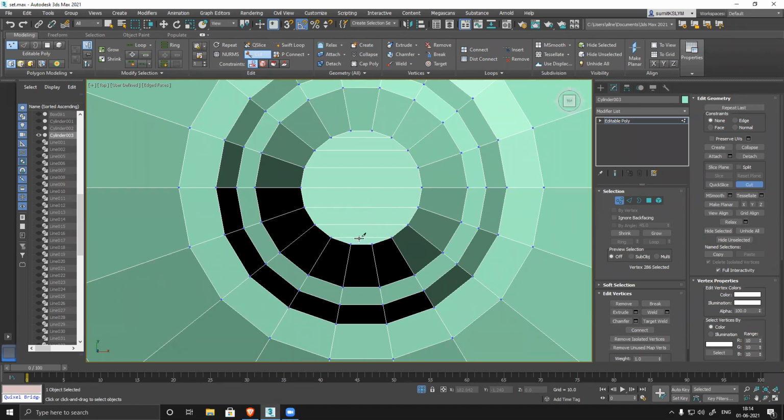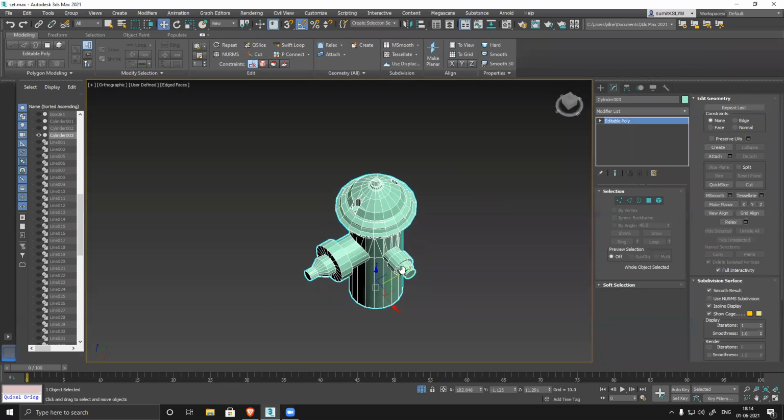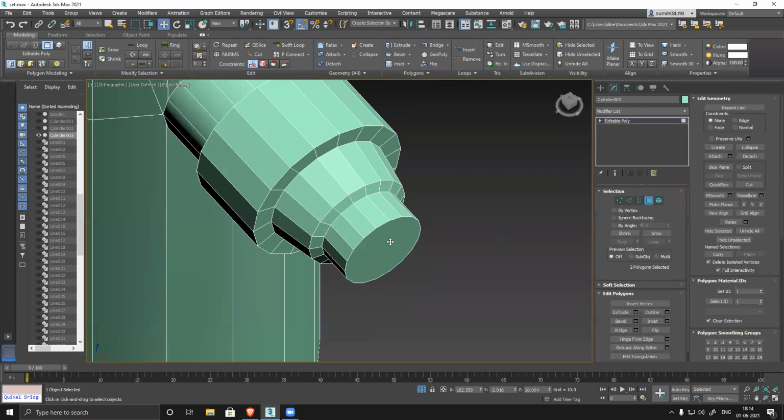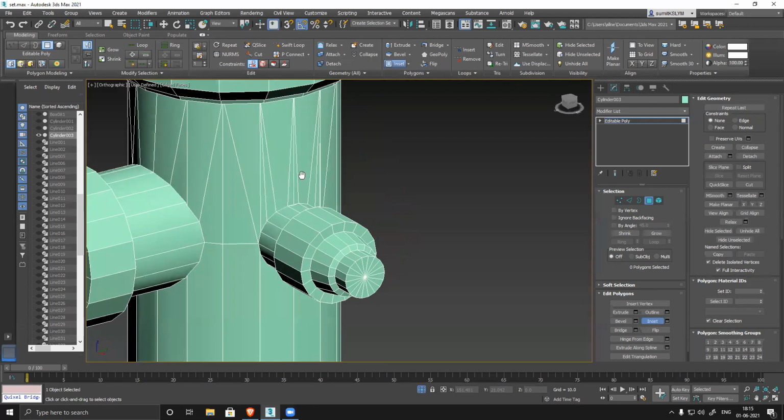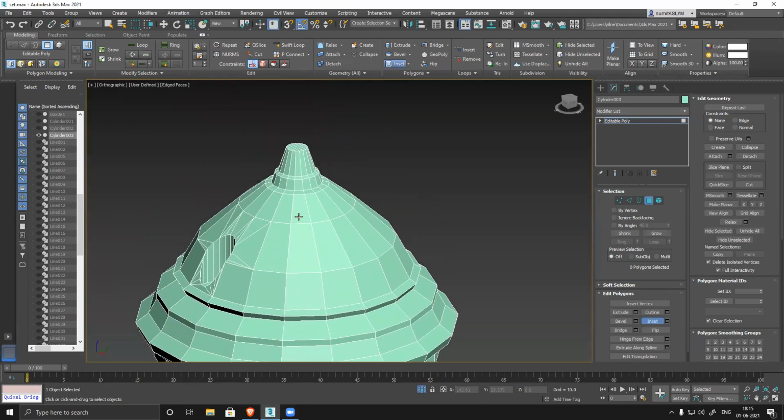This is the right way of doing it, but there's one more way we can do that also, but the problem with that is it increases the poly count. You see, inset and then collapse increases the number of polygons. Maybe if I do it the other way, one or two polygons will be saved, but when you have a huge scene, those one or two polygons add up and become a huge number, and it makes a huge difference. So that's why we avoid this kind of triangulation and fix it like this.